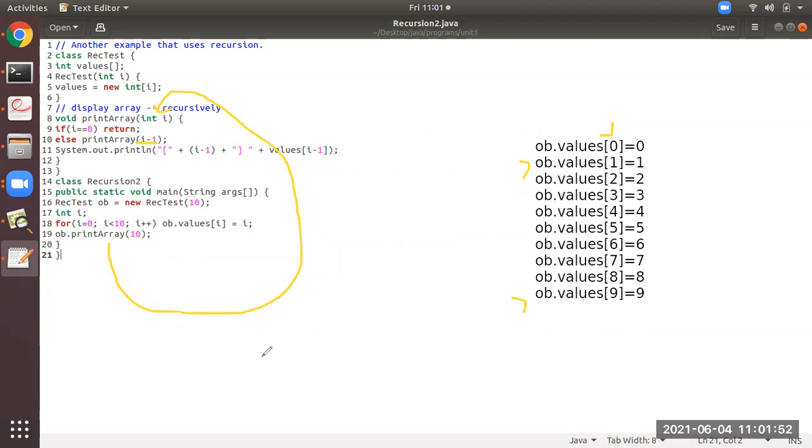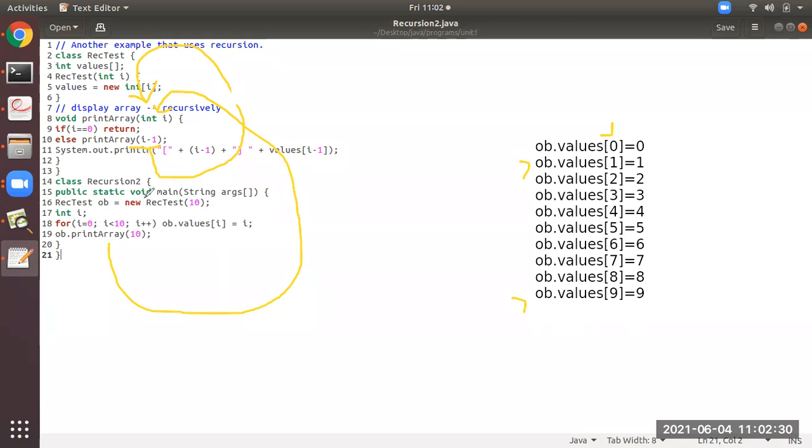And you please observe here in the ninth line, there is an if condition, 10 double equal to 0, that is false. It will come to the 10th line. Now in 10th line, you all please observe here. What is in 10th line? There is a function call. What kind of function call? That is print array of 10 minus 1, that is 9. So print array of 9 again is a function call which calls itself. So this is why this is said to be a recursive function. Okay, so from 9th line it is calling again till 8th line, the function is calling again from inside.